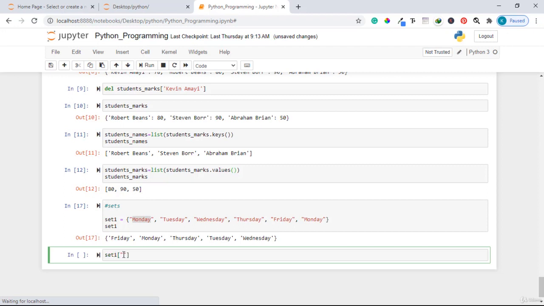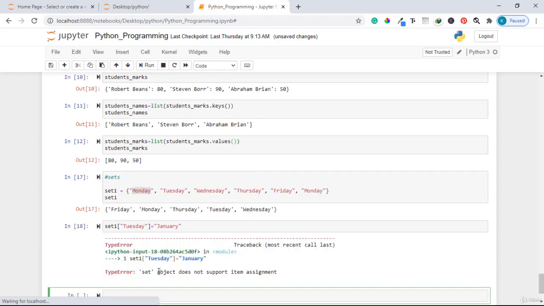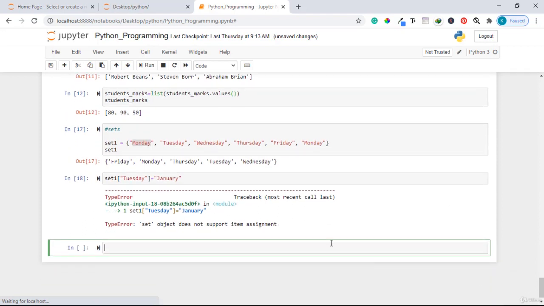For example, if I try to do something like this, I say Tuesday, let's say I just don't know the days of the week, and so I change it to January. And so if I run this code, I'm being told here set object does not support item assignment, which means I cannot change their values inside here